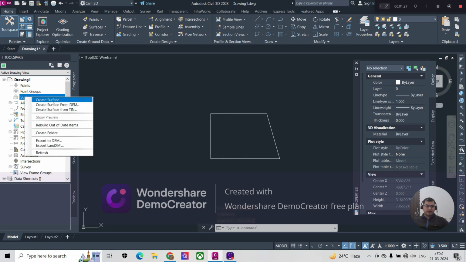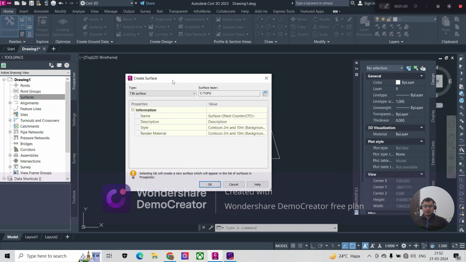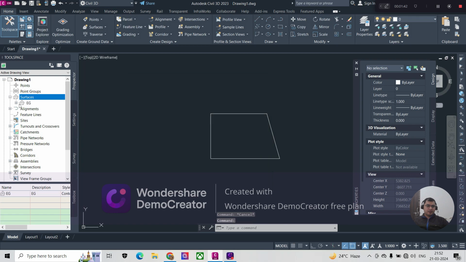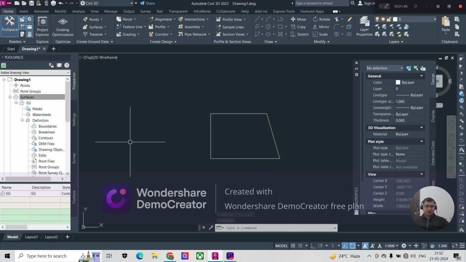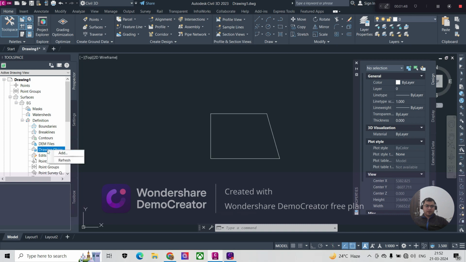So now you will create your surface. We will give it a name, that is, existing ground. Similarly, we'll give here existing ground, and then okay, we have created a surface, but in this surface there is no data. So now we will add the data, from where? From the drawing